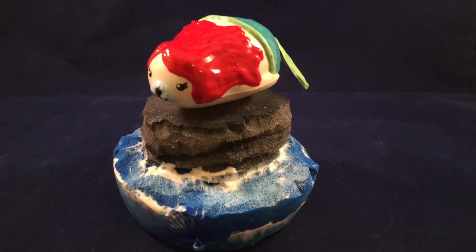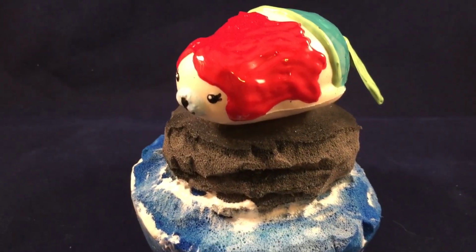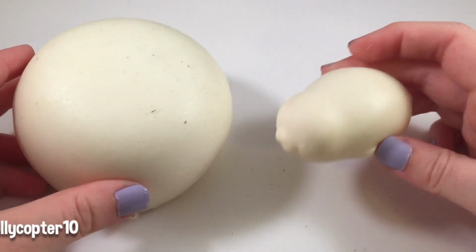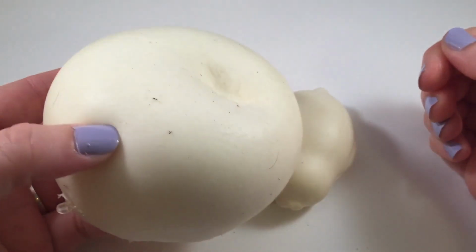Hey guys, today I'm going to show you how to make this Ariel seal Deco squishy. I think it's absolutely hilarious. Part of that world. To start off, I have this blank Mochi seal from Creamiicandy and this blank panda bun